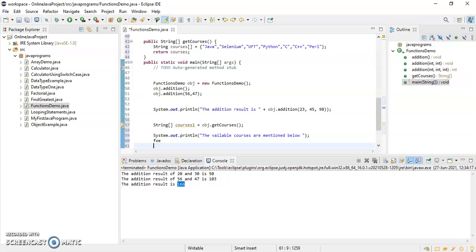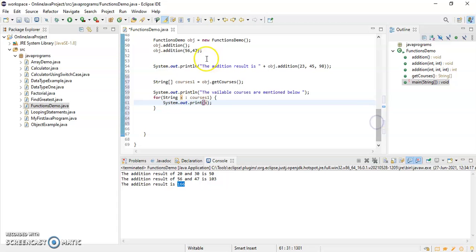So I'll just write for string x present in courses1, print the course name. Okay, so just write here system.out.print x. So it says for each x of string type present in courses1, show me the value of x. Okay, that means it is going to print all the course names. So let me save this and I am going to run it.